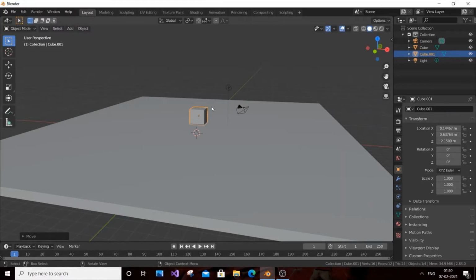Okay, so next thing what you need to do is you need to just scale our cube according to the size of our building. Same process as we have done for our plane base. Just select the cube alone. You need to be careful over here. Just press S, and I think this size. So this size actually refers to the size of the floor, the size of each floor.